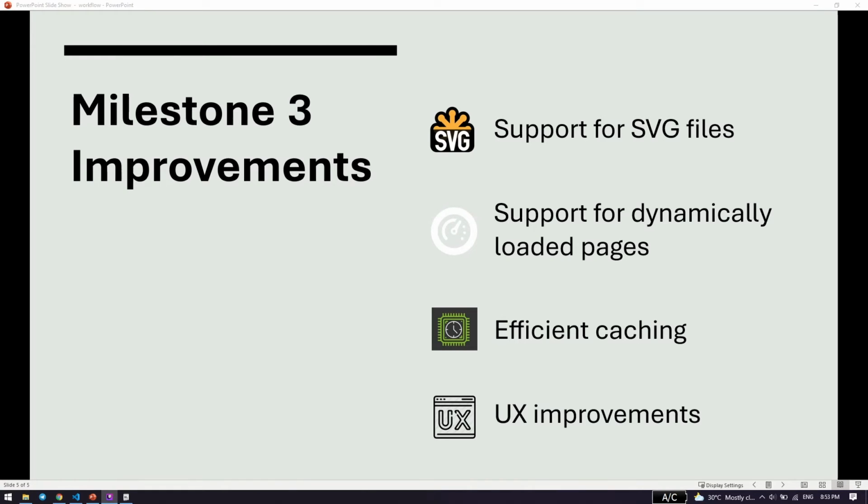With milestone 3, our objective has been to work on usability and optimizing the processes we rely on. While many of these improvements are on the backend, we can share some of the more visible changes for users. Now we provide support for SVG files as well as for dynamically loaded pages by rescheduling the way we load